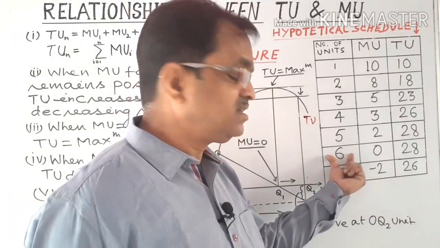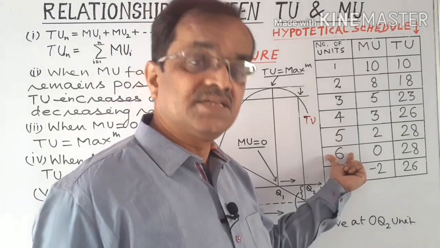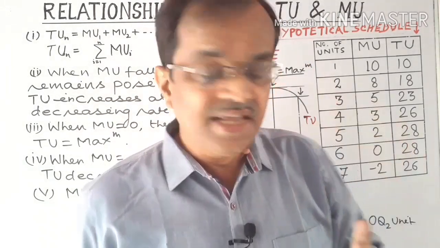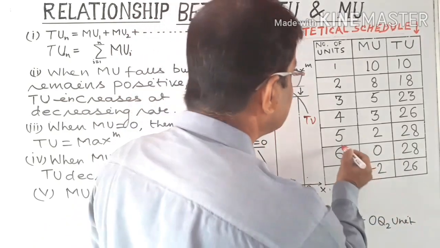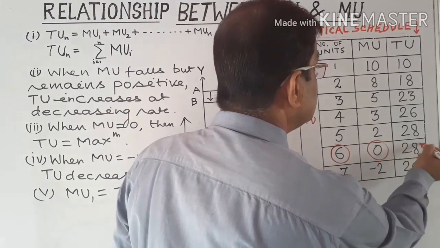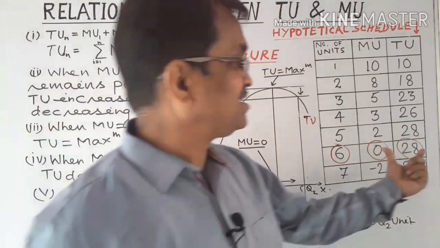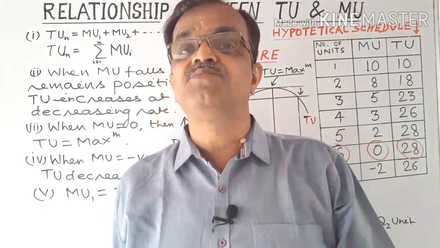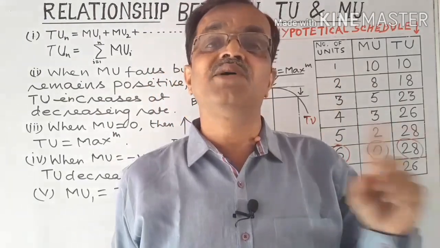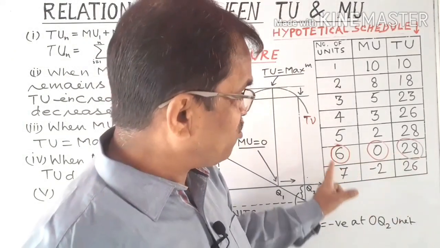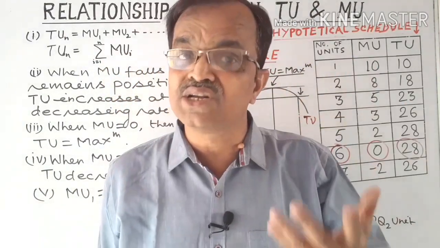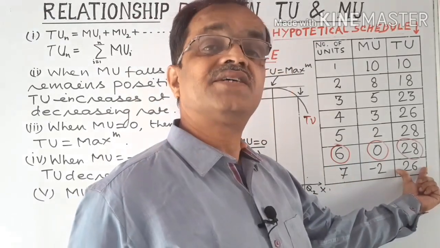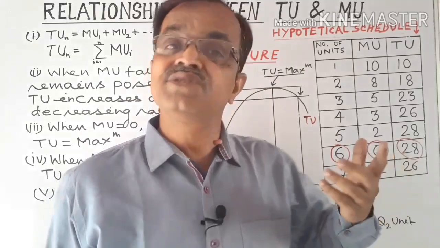And when the marginal utility reaches 0, that is at the 6th unit, that is called the point of satiety. At this level of consumption, that is at the 6th unit, marginal utility is 0, but the total utility is at its maximum, and that point is called the point of complete satisfaction, that is the point of satiety, that I already discussed in my previous videos. And beyond that point of satiety, if further consumption is continued, then what is the observation? That total satisfaction decreases but the marginal becomes negative.